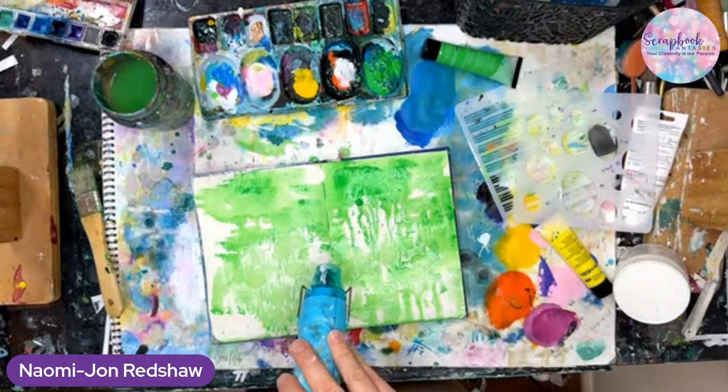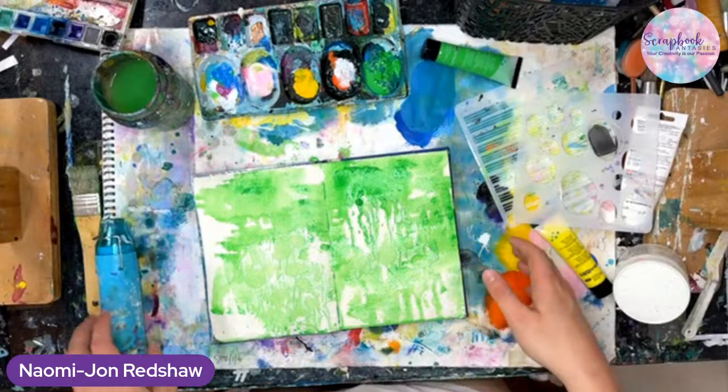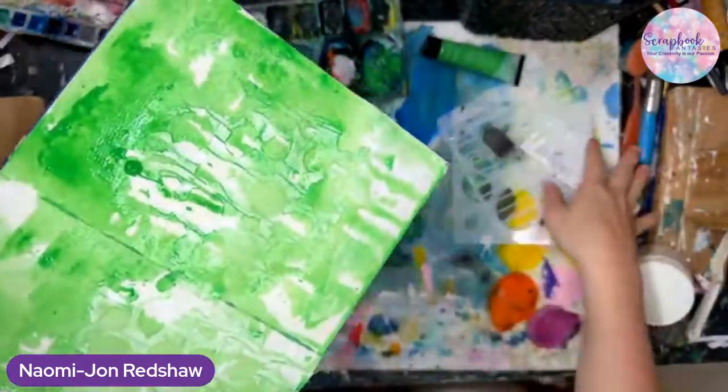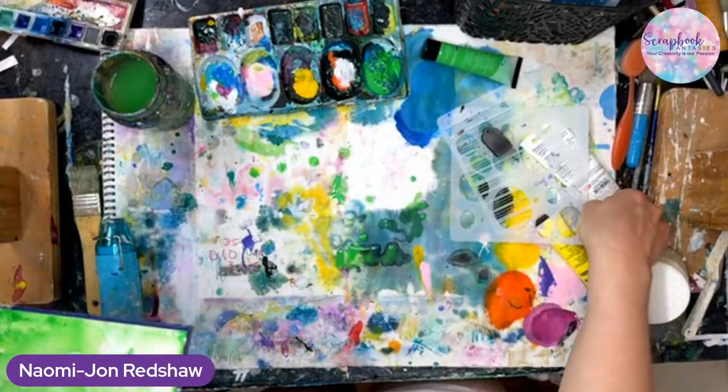Okay, well, actually before we dry it, I haven't been too careful because I've just gone in and gone, oh, let's do some modeling paste. And I've actually got it on the spine. Now, we don't want spine problems. So what we actually need to do,